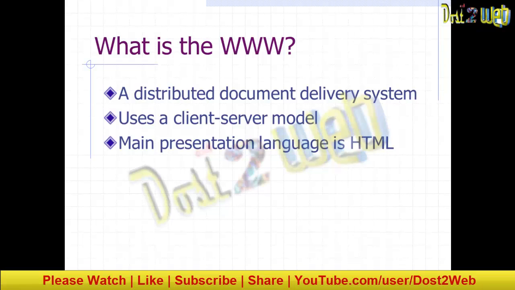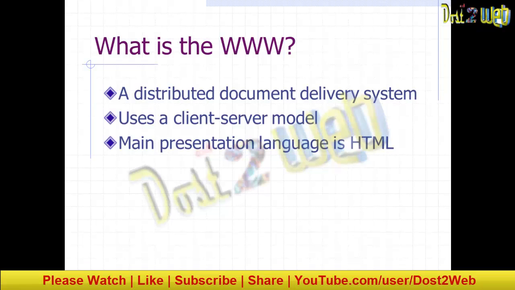Okay, so as I said yesterday, we have talked about what the triple W is. We have already seen it's the World Wide Web. It's a distributed document delivery network system. What is the meaning of distributed? Distributed means it gets distributed, that means it will be given to everyone, and everyone can use it. Document delivery means whatever document you have, whether it's textual format, image, video, or audio, you have to deliver it remotely to the end user.